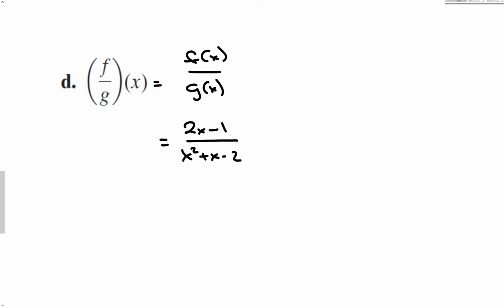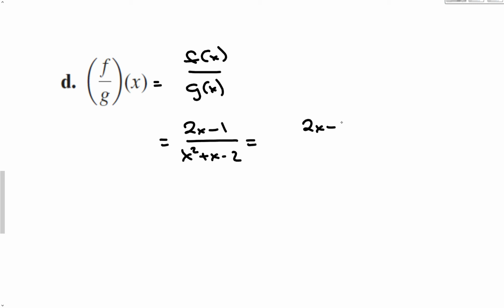Now, it is helpful to factor this, number 1, to see if anything cancels so I can simplify, and number 2, to see the places where the denominator is equal to 0